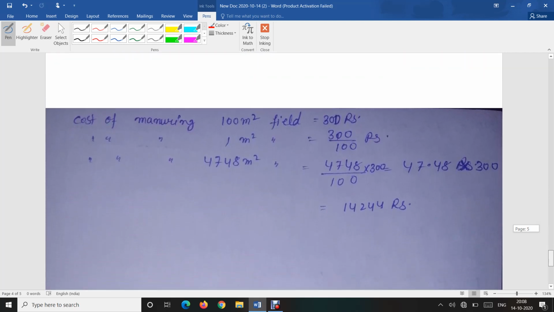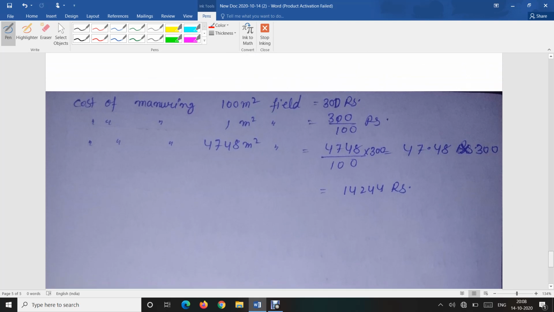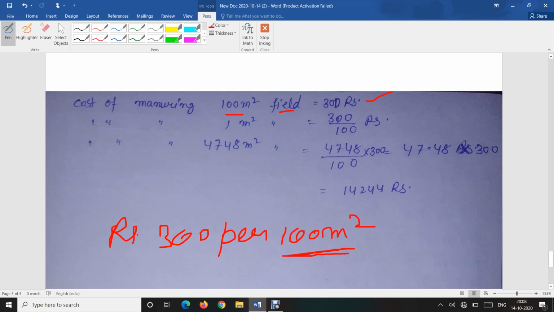Now there is one more thing, because the question is talking about the cost also. Cost of manuring for 100 meter square field is 300 rupees. It is given that rupees 300 per 100 meter square. That means for 100 meter square this is 300. So cost of manuring 100 meter square field is 300 rupees. So cost of manuring 1 meter square, obviously 300 divided by 100 rupees. But we have to find out the cost of manuring for the total remaining portion, which is 4748 meter square